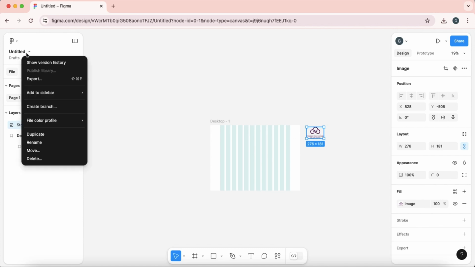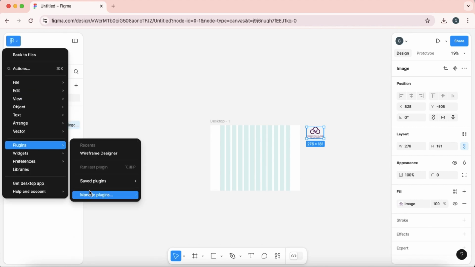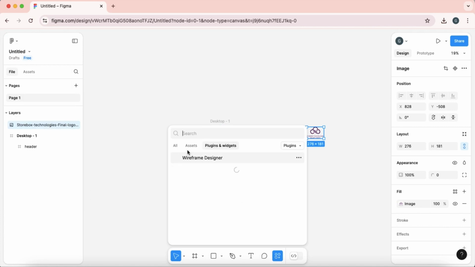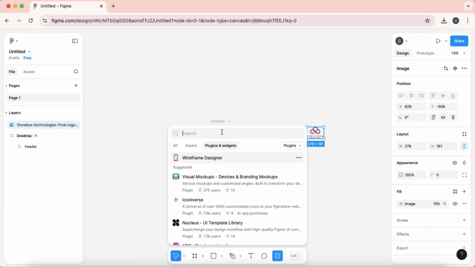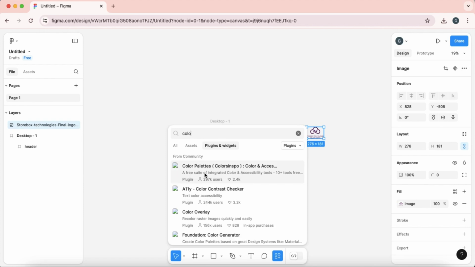We'll go to the plugin menu, go to the plugin, manage plugins, and we'll search for the plugin. And this,